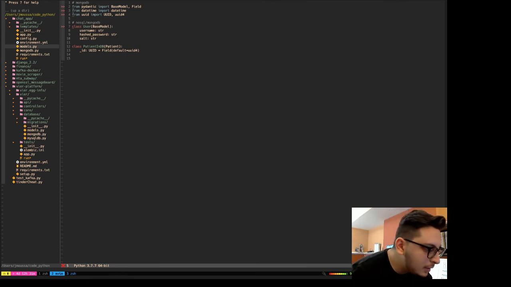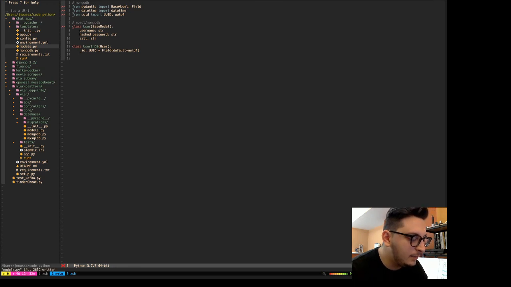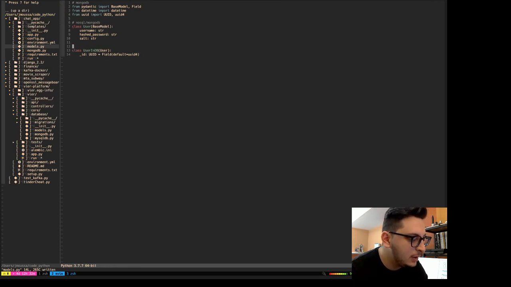Oh, we can call this user in DB. And it'll reference user, because the base class is going to be the user class, since it'll have the username, salt and hash password on top of assigning it the ID. At least that's what